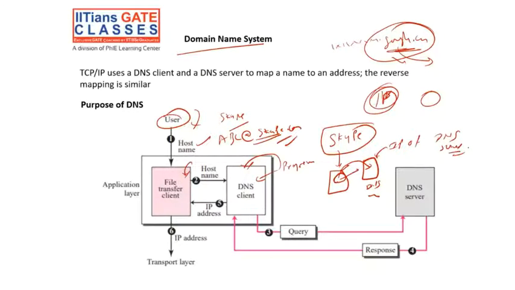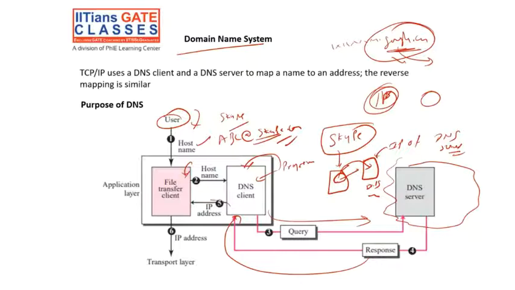This is a very important question. Sometimes students get confused about where we get the IP. In the starting, in the application, the IP of the DNS server is there, right? Now we send the domain name to the DNS client. The DNS client will send the host name to the DNS server. From the DNS server, whatever IP address is mapped to the domain name will come as a response to the client when it queries, right? We will discuss the structure of the DNS server later, but for now, the response will come. This IP address will be given to the file transfer client. From the application layer, it will go to the transport layer.